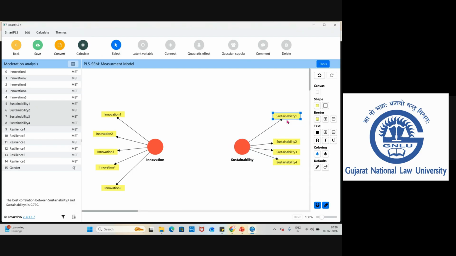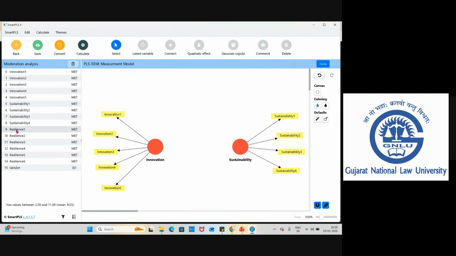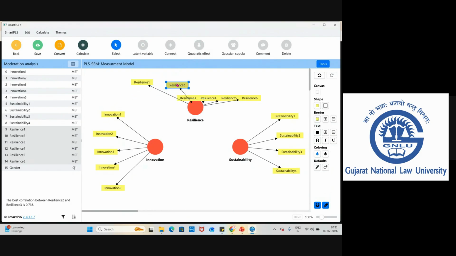You can make changes as per your requirement. You can arrange your data. Then we have resilience. Just click enter and organize the data. If you are practicing along with me, take your time to organize it.